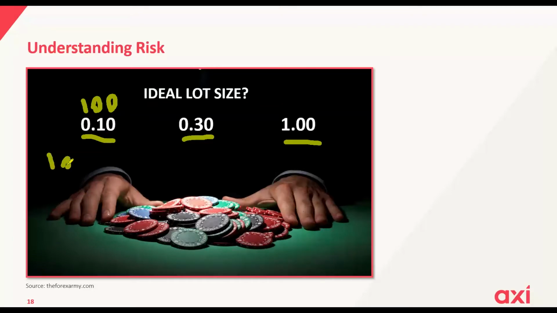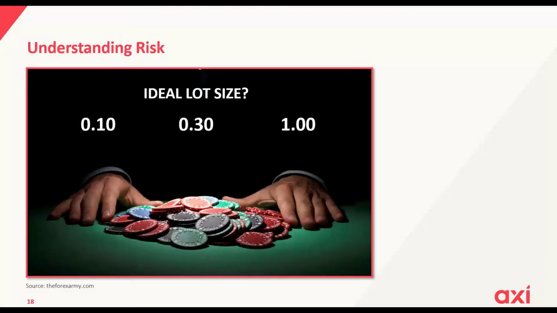But if my account is $1,000, 0.1 lot might be perfect. If my account is $10,000, 0.1 lot might be too little. So it all depends on your account, and of course it also depends on how much you want to risk on that trade. So that is the trick. I know a lot of people,